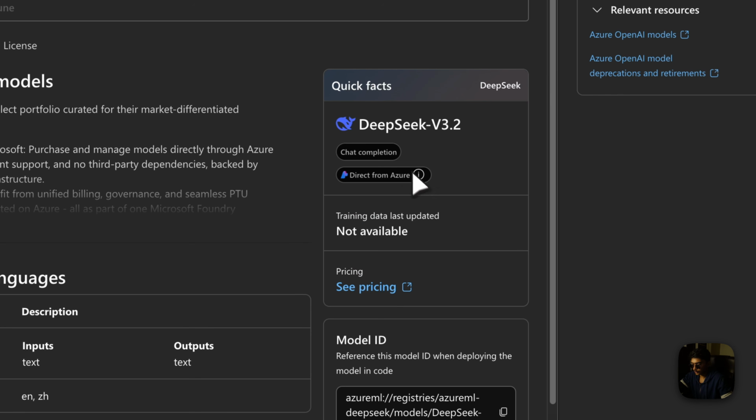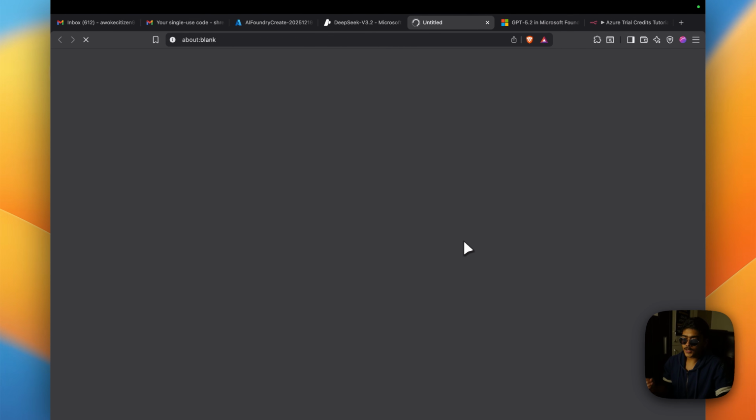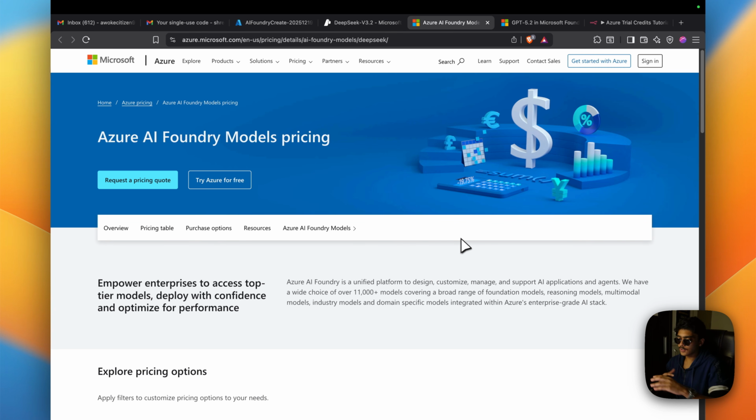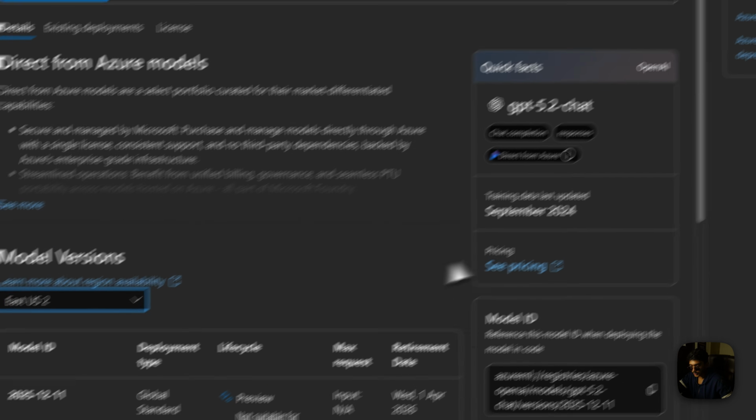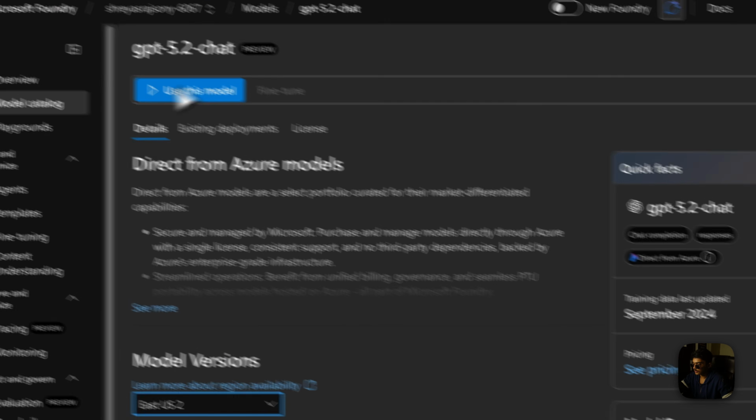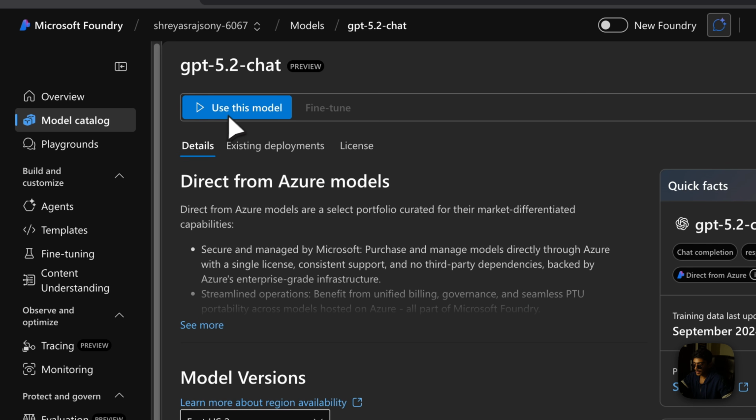So it's DeepSeek V3.2. It's also direct from Azure, and let's see the pricing details. Right now we can deploy any model, but I'm looking at the model which is good in pricing as well as in other options. Okay, let's use GPT 5.2 chat. Let me just destroy my bank balance. Click on use this model